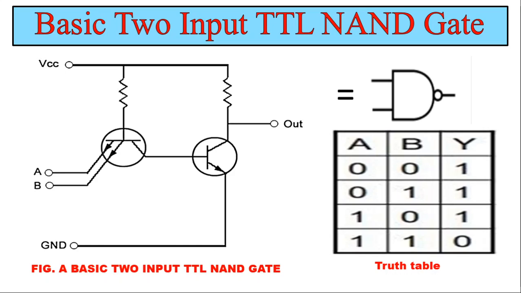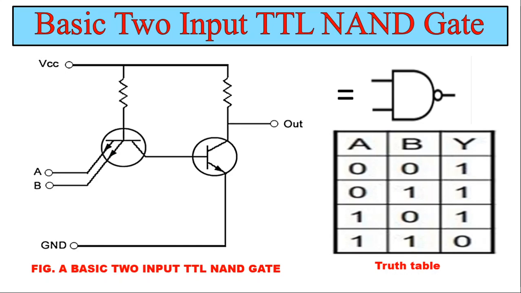This current reaches the base of the output transistor, that means the second transistor, allowing it to conduct and pulling down the output voltage to 0. That means when the second transistor is conducting, or goes into the forward bias condition, then maximum current will flow through the collector and all the supply voltage will drop across this output or collector resistor, and it gives the output voltage 0.